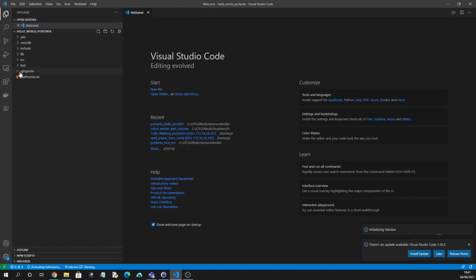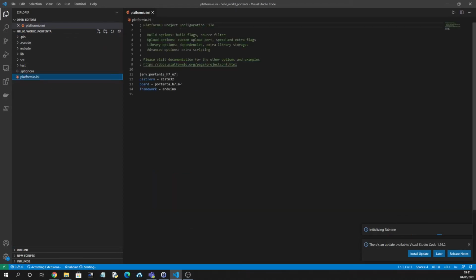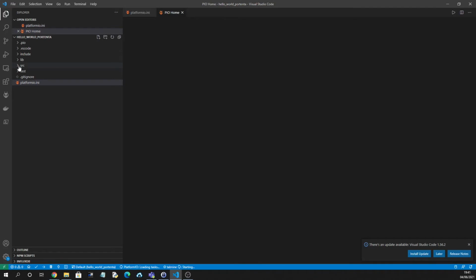You'll see we have the folders. So inside here is the settings for the project. So we've got the Arduino framework and the board we just selected, and that is the processor. So then what we need to do is we need to go into the main CPP, and then we need to upload the